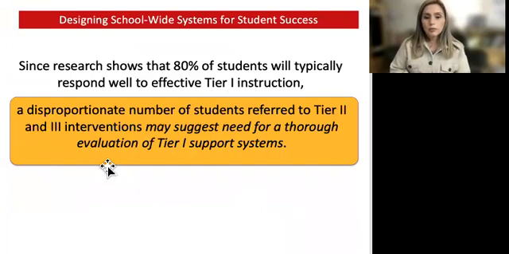The reason that we do the SSPT process is because research has shown that 80% of students will do better with targeted interventions. So that's what we strive for most of our students. And we do see it here, where the majority of our students do better with those targeted interventions. But there are a few students that don't, and we have a plan for that when that happens. We call it tier support. We have different tiers of support, so now I'm going to go over what those mean.